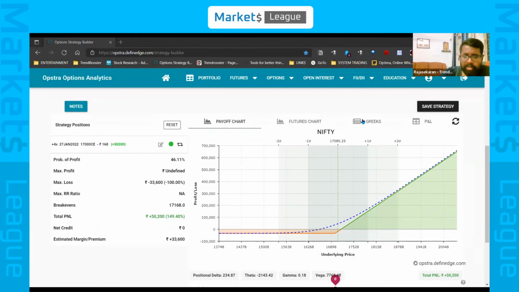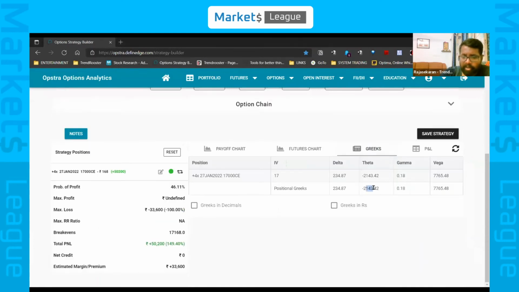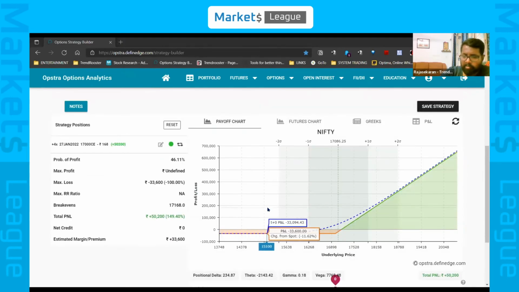And I'm going to show you the Greeks here. Earlier we saw somewhere around 1,500. Now we are paying theta, and every day it is reducing much more when compared to that previous structure, right? So trading a proper structure is important, and we need to see how theta is behaving. Just having a long call option is only short term. If you're holding a long call option for more than a month, theta decay kicks in, and then you'll be losing that profile. Is that clear, guys?